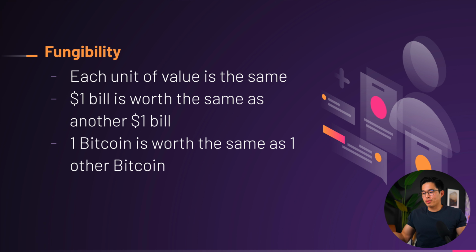You wouldn't be able to do that with another form of currency, let's say like animals, because one cow could be totally different from another cow, even if they are the same type of animal. So that would mean that they have different values. And fiat currencies solve that problem. And now Bitcoin, of course, is also fungible.